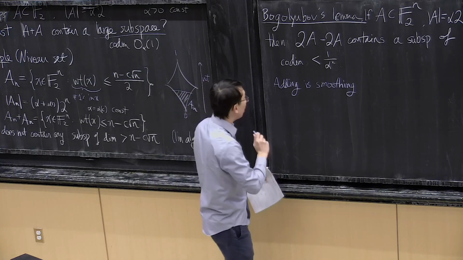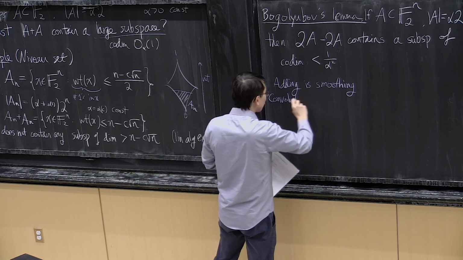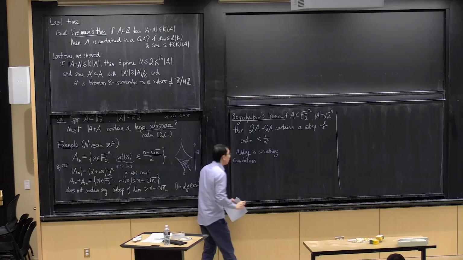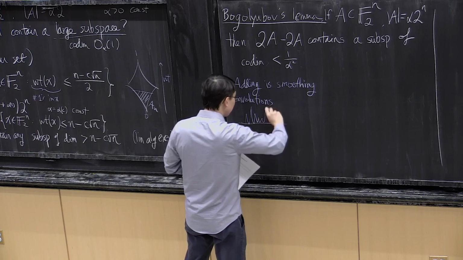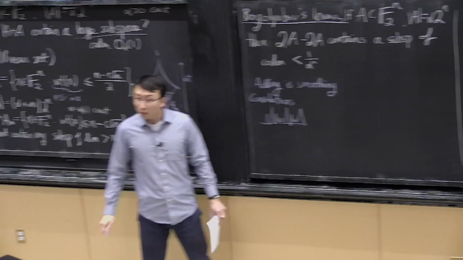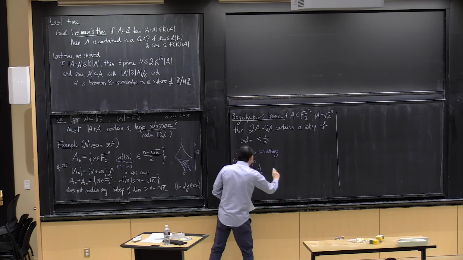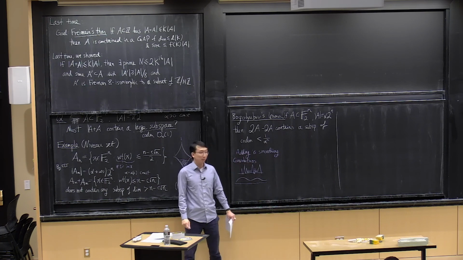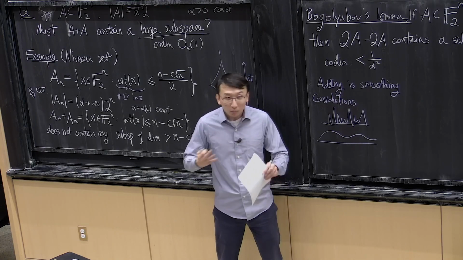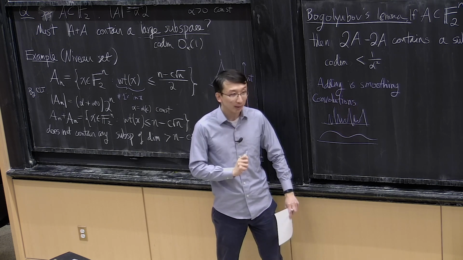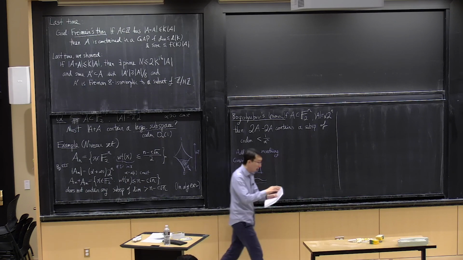And there's a very similar idea which comes up all over the place in analysis, is that convolutions are smoothing. So you start with some function that might be very rough. If you convolve it with itself, and if you do it many more times, you get something that is much smoother. And in fact, adding and convolutions are almost the same things. And I'll explain that in a second. Okay, so this is an important idea to take away from all of this.